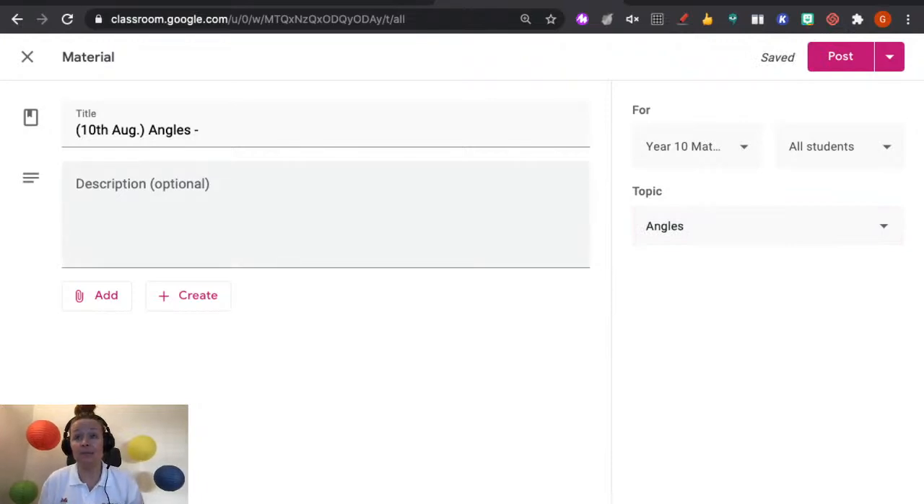And another little tip for everybody is on the right hand side here, you can choose if you would like to assign this to multiple Google Classrooms. So if you are a year 10 maths teacher, let's say there's 4 year 10 maths classes and there's different teachers, if you are sharing the planning at your school and all of your classrooms are set up by your G Suite administrator,